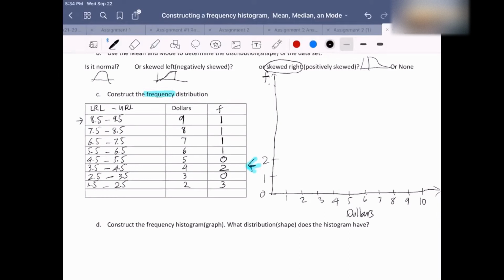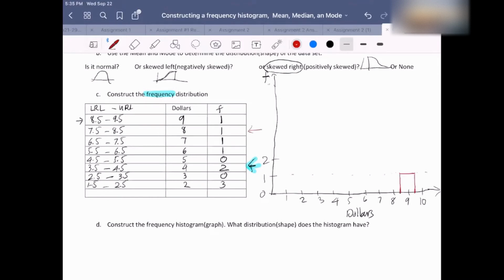All right, so let me see. I can start from the top interval from 8.5 to 9.5. 8.5, I'm going to use a different color. 8.5 to 9.5 is right here. And the frequency of that is 1. So 1 is right here. So it's going to be like this. Okay. And the next one